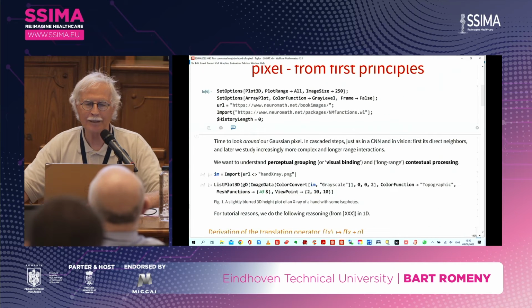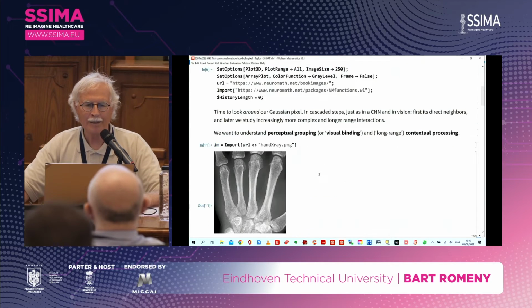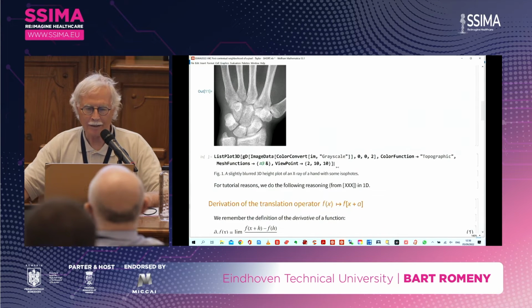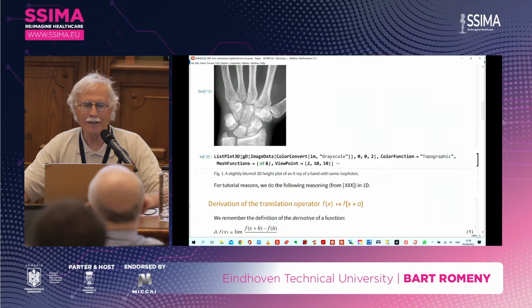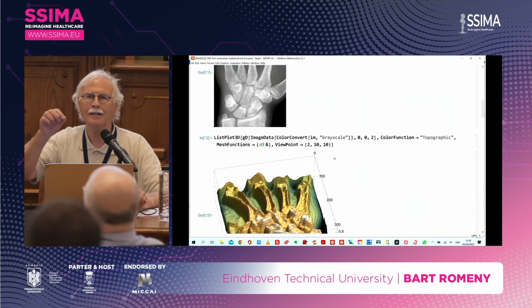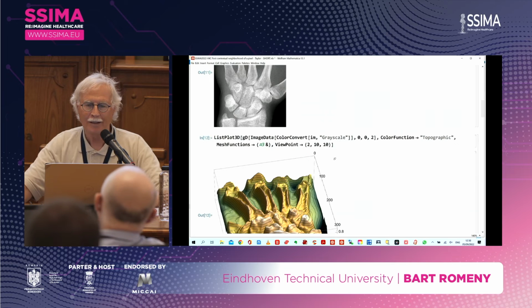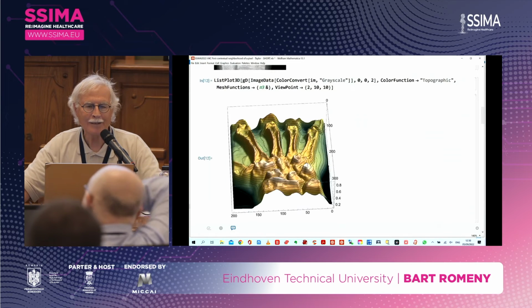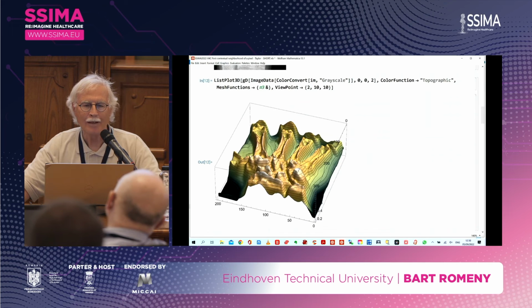Because we want to understand perceptual grouping or visual binding or contextual processing. How does it really work? And if I take, for example, a hand ray image, an X-ray, you see the bones, I can make this image into a 3-dimensional image. And now intensity is height. So I get the landscape, and you see this is now my hand in 3D,